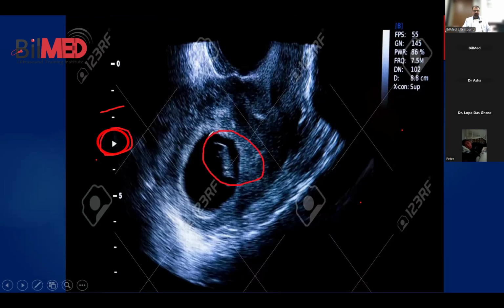This is the fetal pole over here. So I want the machine to focus more onto this area, because my area of interest is over here. So I will keep this focal zone near my area of interest. Now, why should I